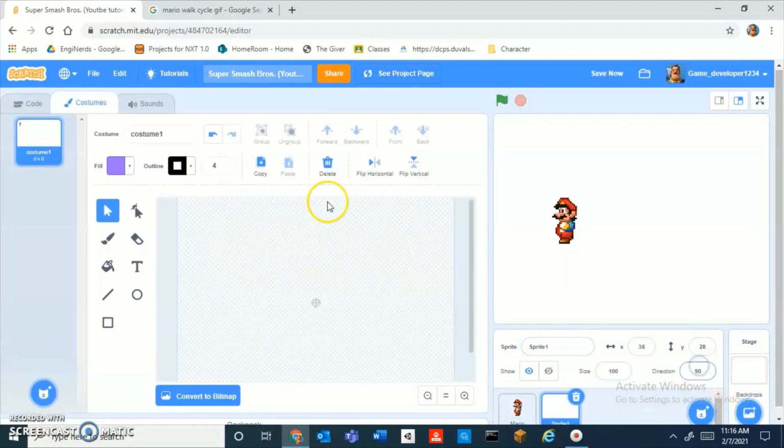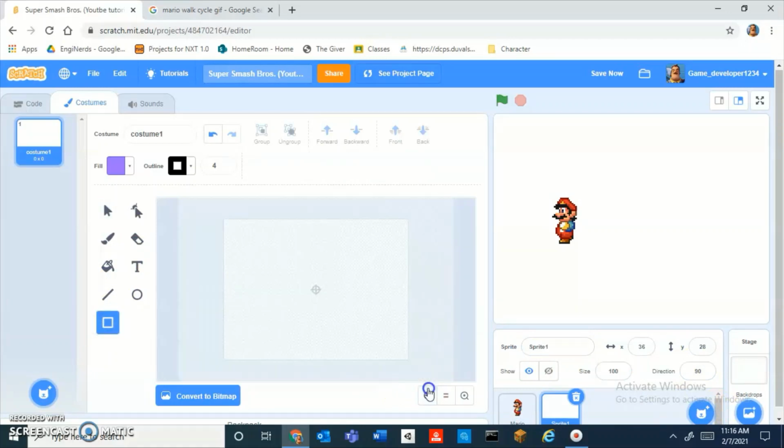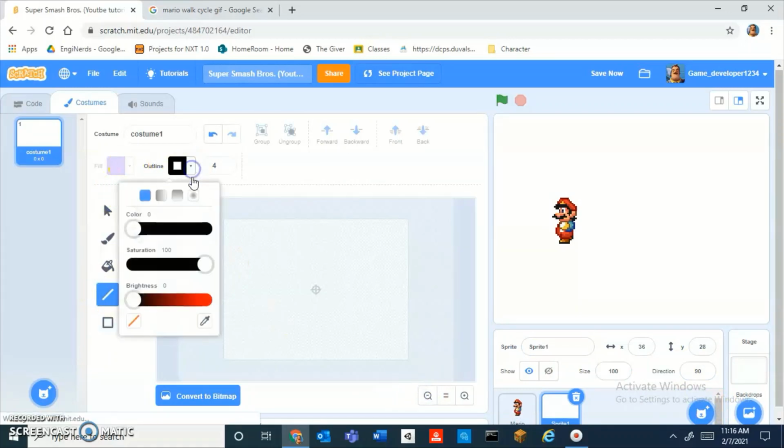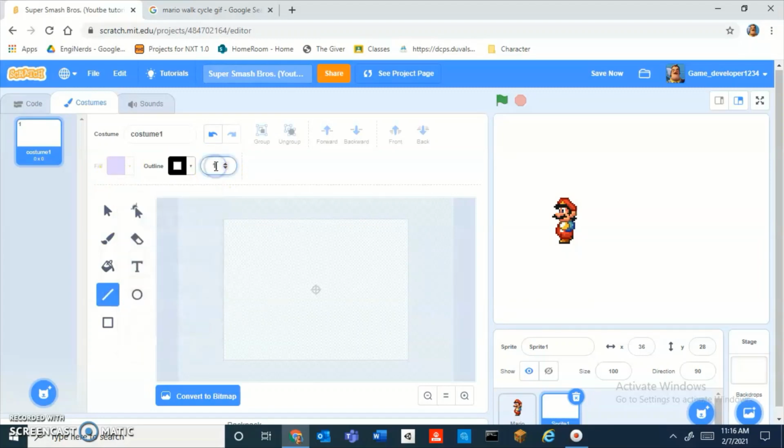And then let's make a level. So I'm just going to make a little island here. Black, and I'll set this to 12.